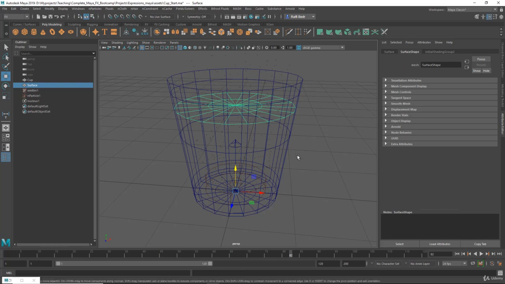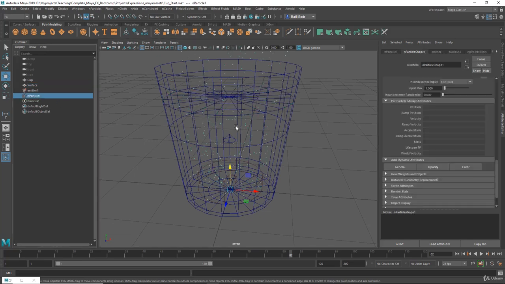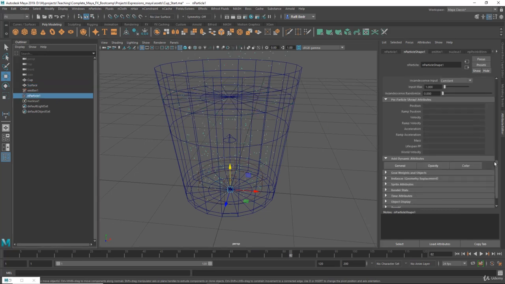The idea is to kill the particles when they reach a specific position. We can kill them by using the collision event editor, and when they collide with the surface, they will die. But I want to show you how to use expressions to kill them. So let's get started. Let's select nParticle 1, and go to the